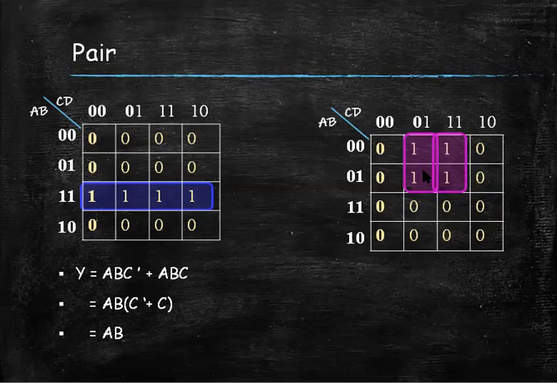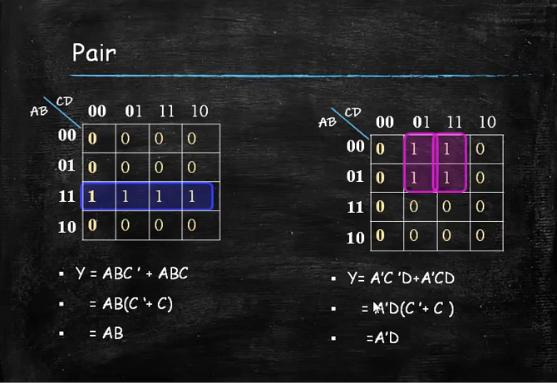the product term must be y is equal to A bar C bar D and A bar C D. First one is A bar C bar D, and the second is A bar C D. And here also we can see that it can be reduced using Boolean algebra, taking A bar D common outside, A bar D and C bar or C, then it is equal to A bar D. Here also the Boolean expression contains only two variables.